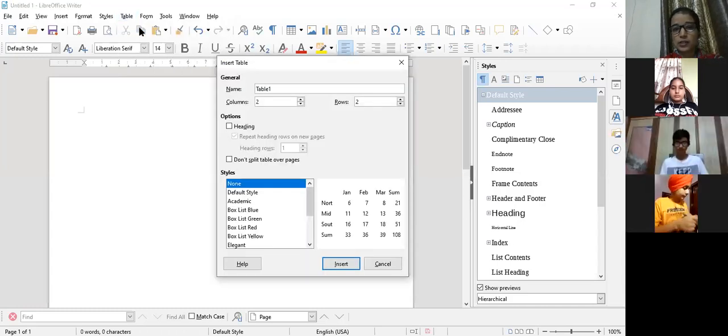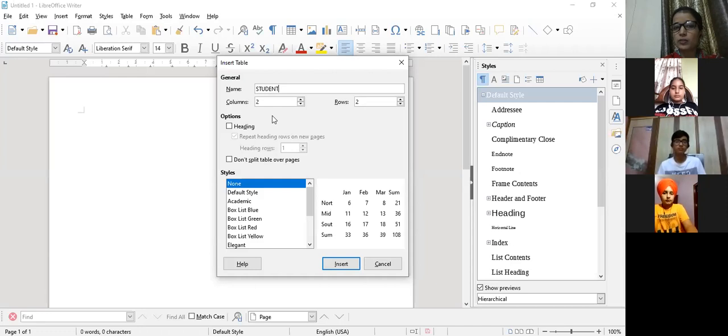So when I click on Insert Table, I get the dialog box, in which by default, what is the name of the table? It is Table1. If you want to change the table name, you can change it. So I want to change my table name to student.